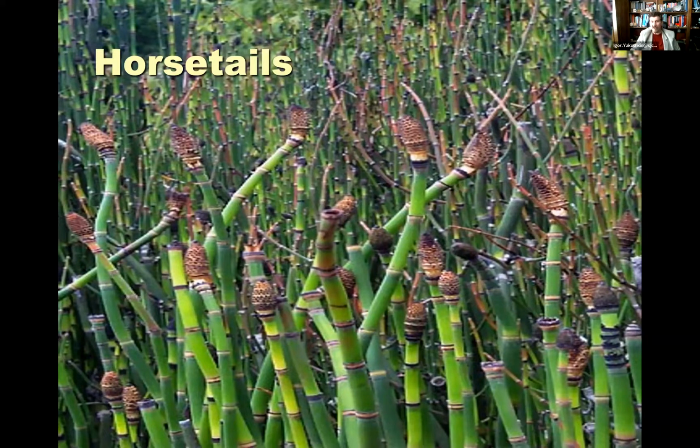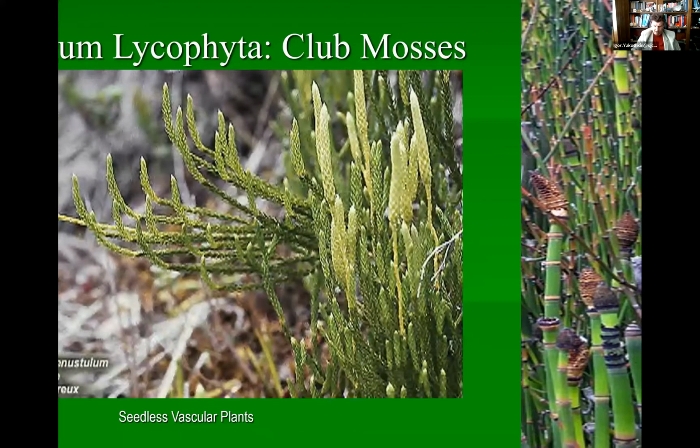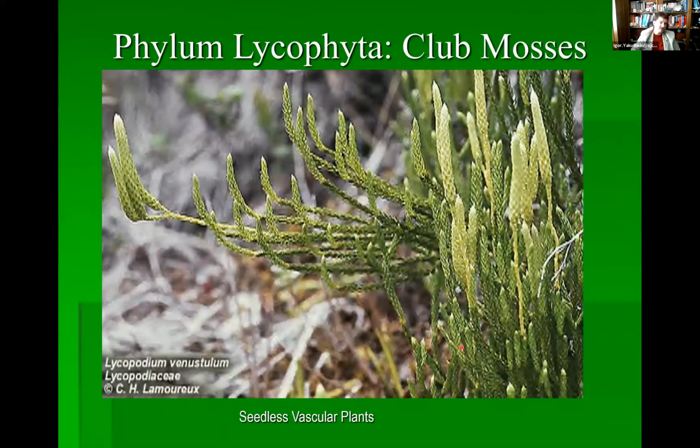Now, lycophyta, known as the club mosses, because if you look at the plant itself, it looks very similar to the mosses, hence the name. And they have those club-looking structures, which are strobili, spore-producing, spore-bearing structures on top. But later on, when the botanists started looking at the anatomy, they figured out that it's actually not a moss, but a vascular plant.